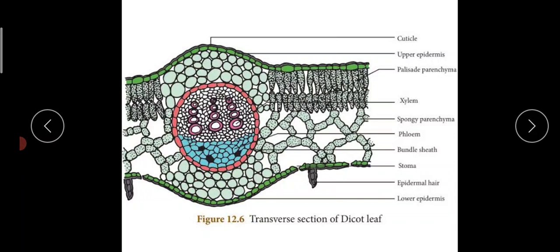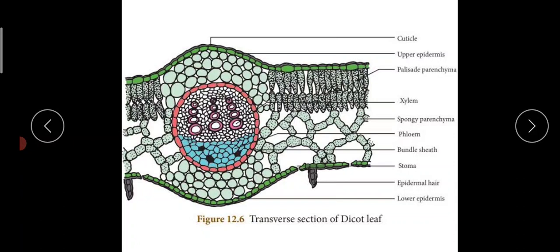And all other features are similar to those of the epidermal layer, that is, the cells are parenchyma cells and they are closely, compactly packed, and they have stomata for gaseous exchange and transpiration. Outside the epidermis there is a thick layer of cutin, and that cuticle is impervious to water. It provides protection against pathogens, and it also helps to reduce water loss.